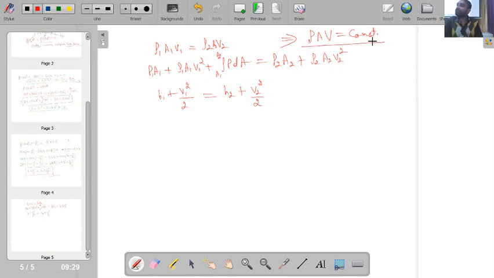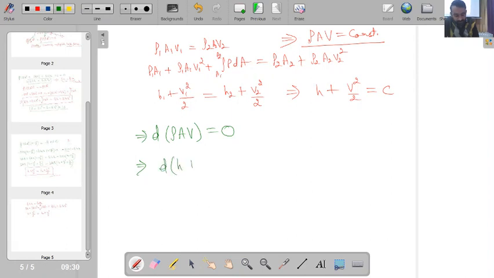Is this one clear? Can I say rho AV is equal to constant? And from the third equation I can say that H plus V square by 2 is equal to constant. So if this is the case, then from first equation I can also say that d of rho AV will be equal to 0. Fine. D of rho AV will be equal to 0, and from third equation I can say that d of